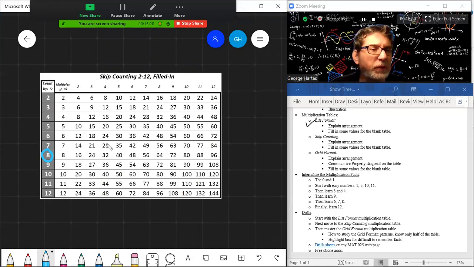But this table is already filled in to show you the pattern. So this is multiple number 1 here. In other words, 1 8 is 8. 2 8s is 16. 3 8s is 24. Another 8 is 32. Another 8 is 40, 48, 56, 64, 72, 88, 96, all the way up to 12